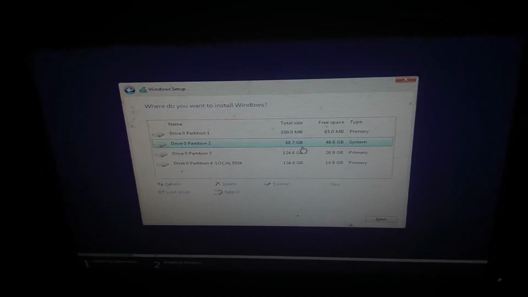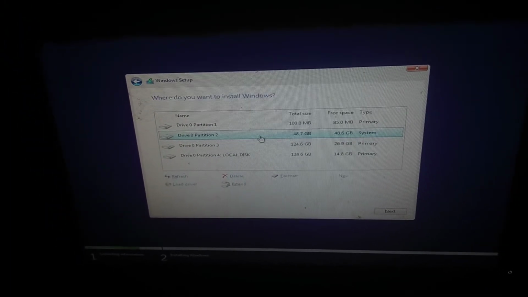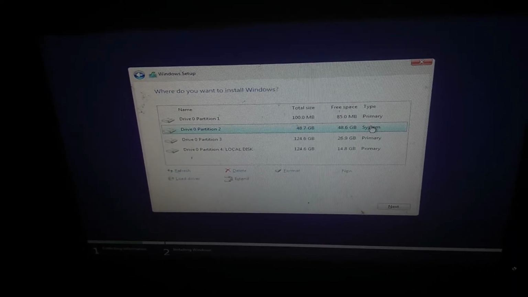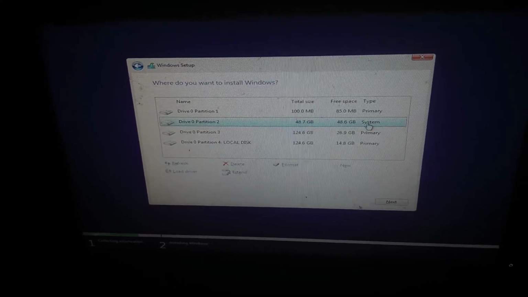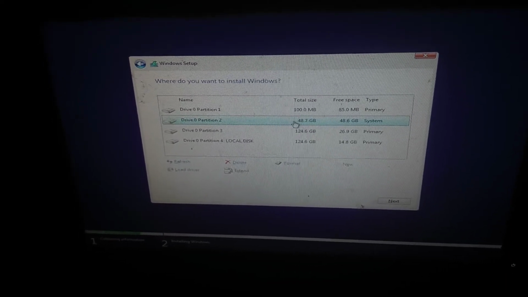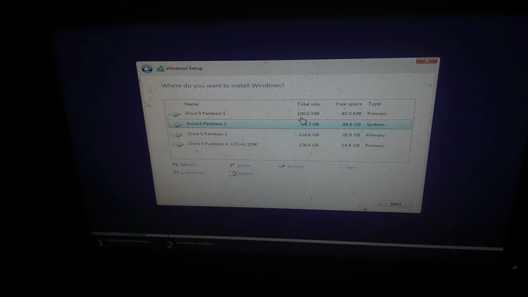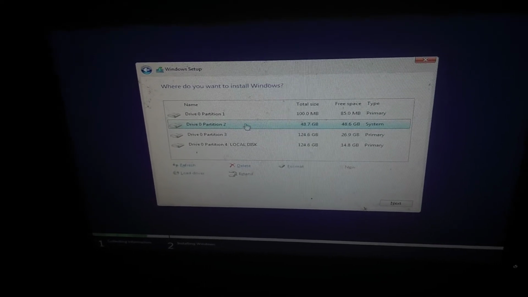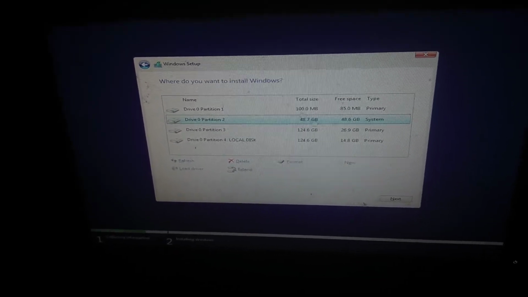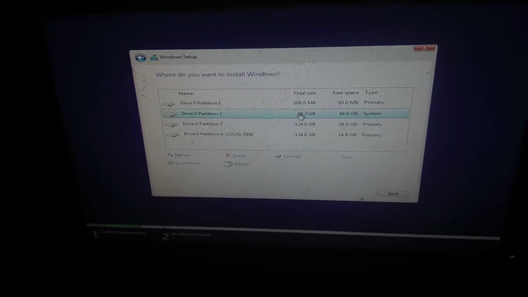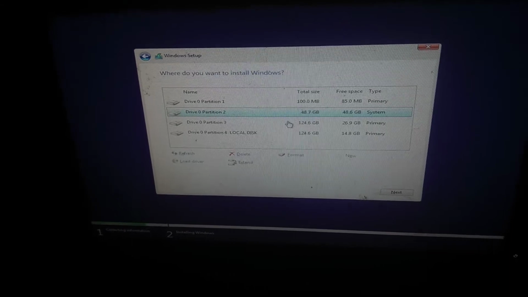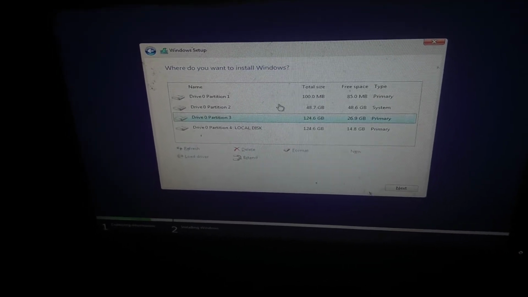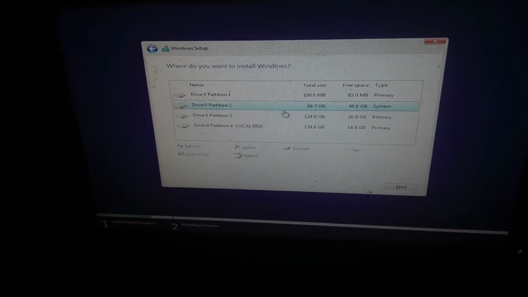And some PCs may get only one partition, guys. There will be only one partition in some PCs and laptops. So before doing this, you need to create a partition from this. I observed in many computers and laptops, they will make only one drive, guys, with your full GB total in one drive only. So you need to do the partition from this, before doing this process, guys.